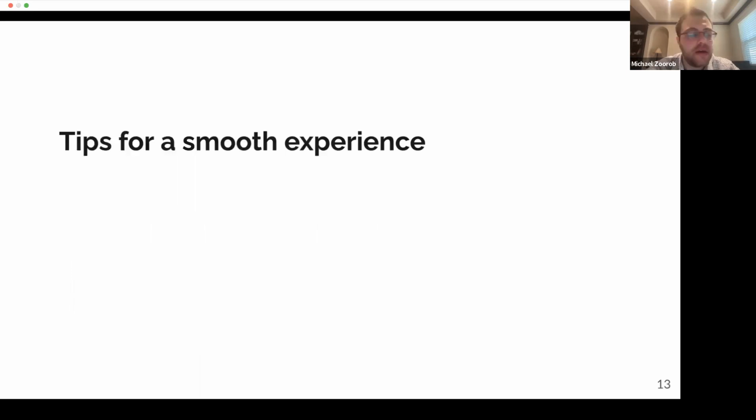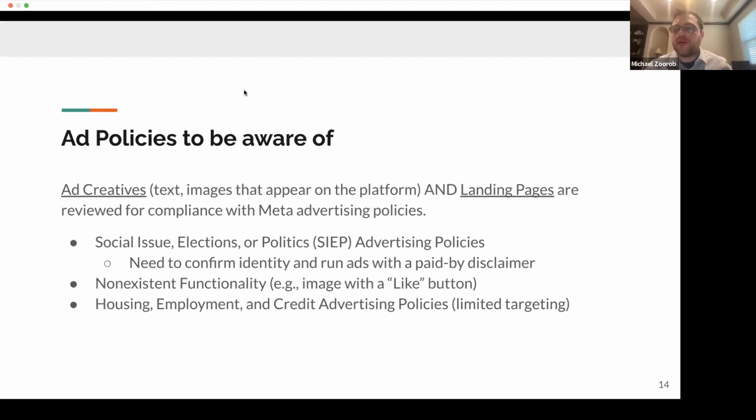The second thing that I wanted to cover in this talk are some tips for a smooth experience using the Facebook Ads Manager system. So one big thing to keep in mind is that there are ad policies governing the content of ads that run on the platform.